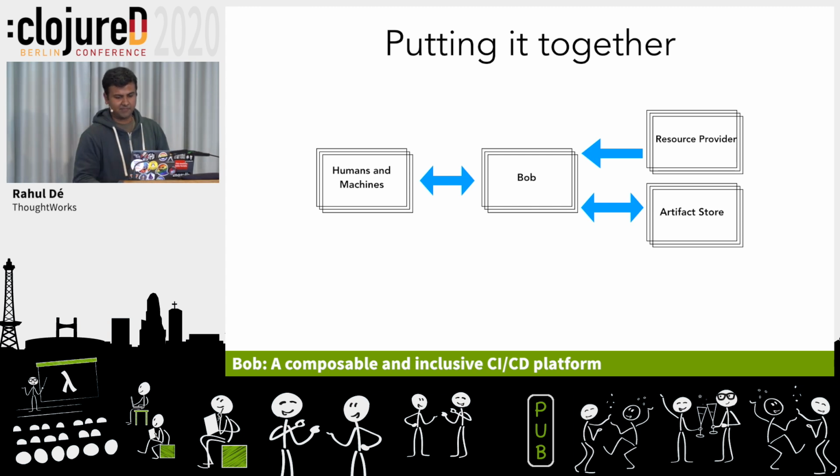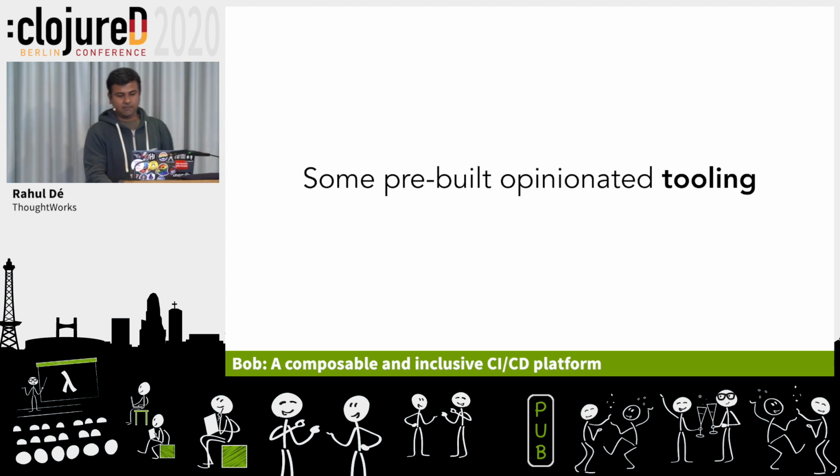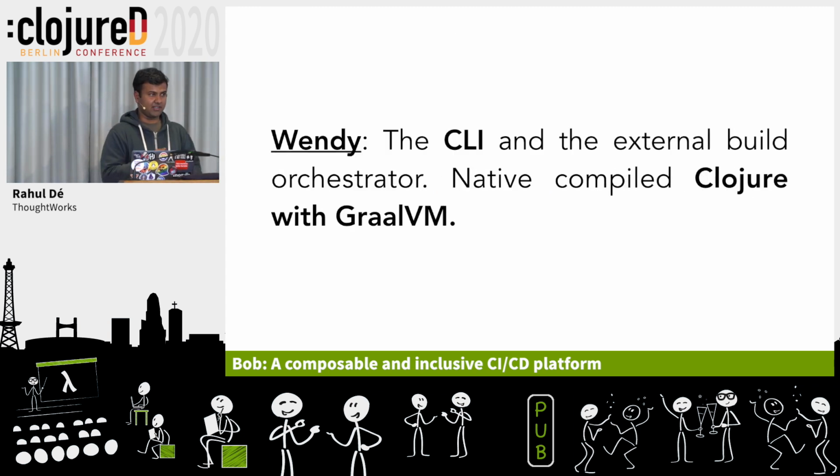Okay? So a lot of you might be thinking, oh, this means I have to build a lot of things for Bob. Right? So I provide some tooling which you are free to use, but I'm not encouraging you to just use them. Right? So coming to the tooling, there's Wendy. I don't know if people get the reference to Wendy here. Yeah. So Wendy was the office manager of Bob, and she's the one who gets the build contracts and tells Bob what to do. Okay?